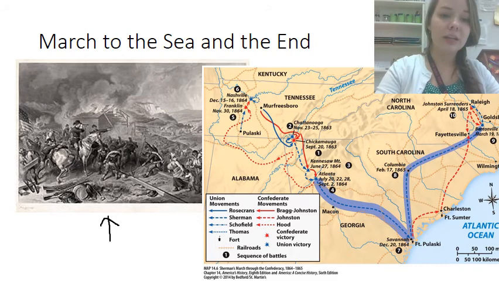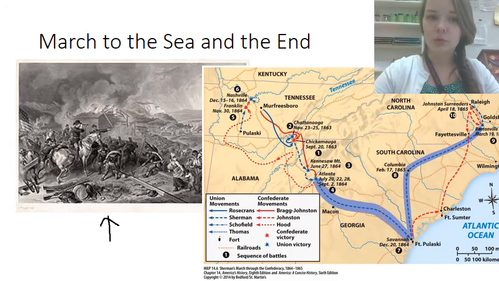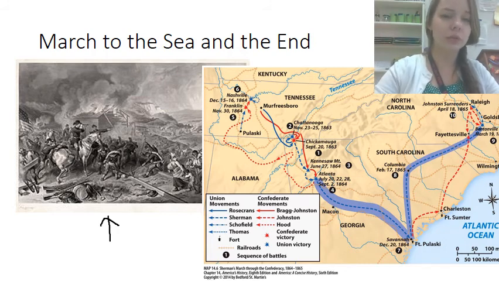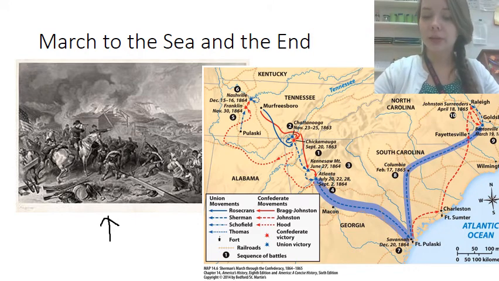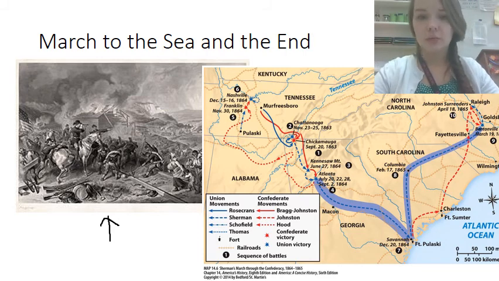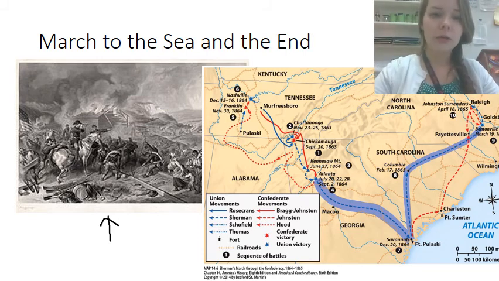They're going to be treated as saviors by Georgia's black population. And they're going to issue a special field order number 15 that sets aside 400,000 acres of land for the use of freedmen. They're going to invade South Carolina, and they're going to meet up in North Carolina, to fight against General Lee. Wow. So at this point, as they're marching to the sea and just destroying everything,